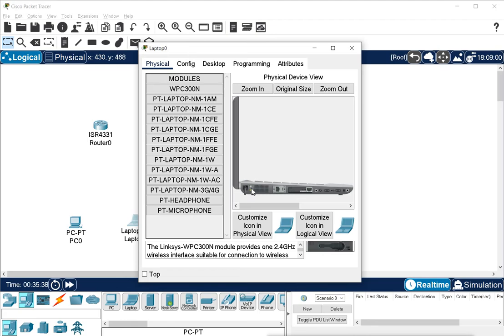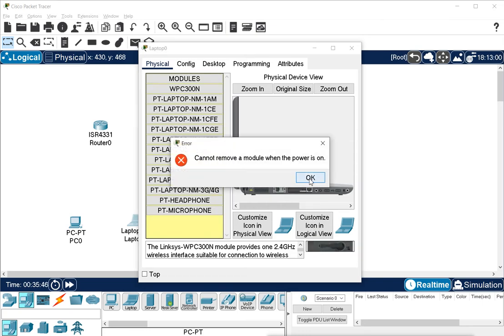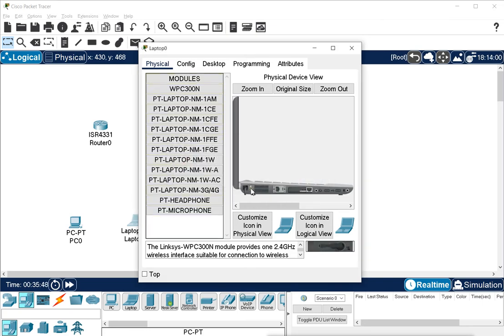We can switch on and switch off this device, and also we have the option to remove this, but we can't do that when the power is on. So power off, remove it, and add the wireless adapter also. So this is the PC and laptop.